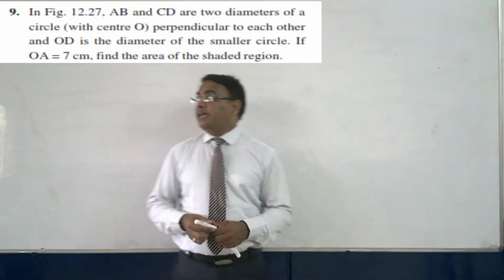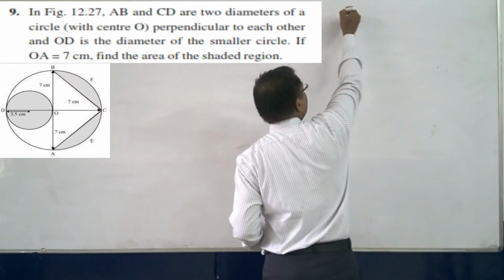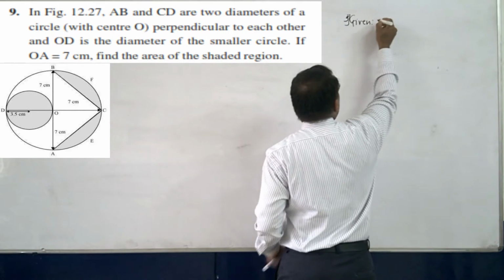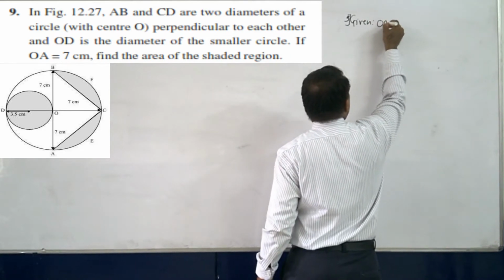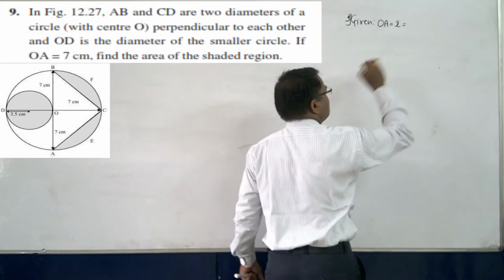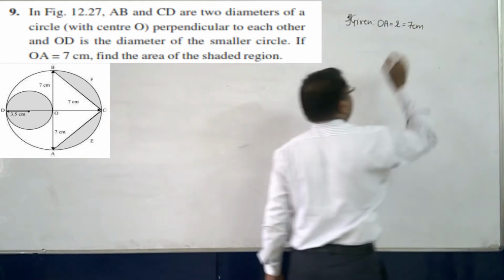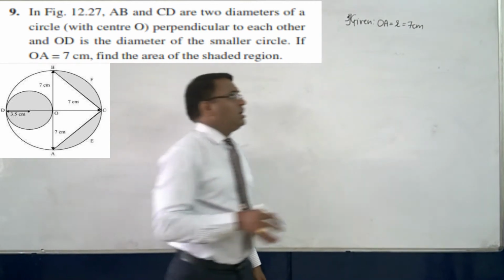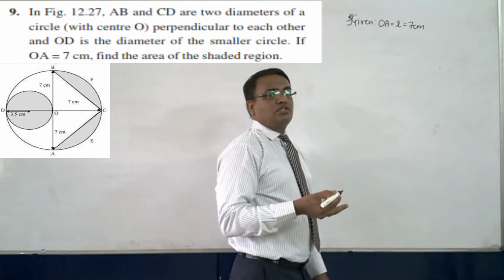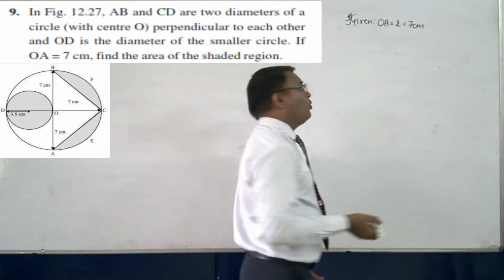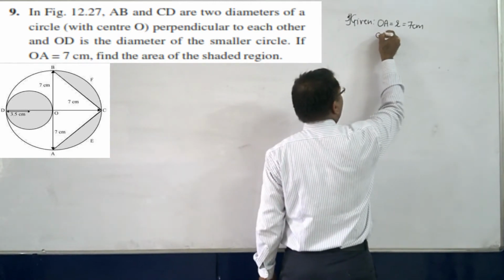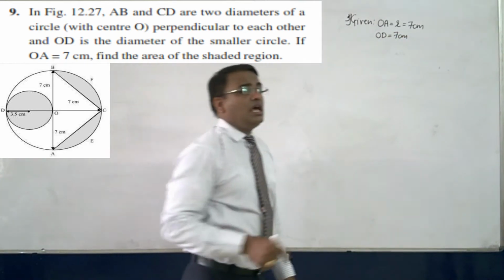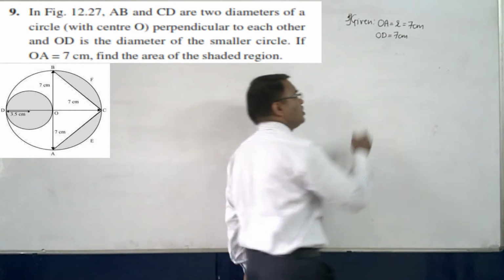If you observe the diagram, what is given in the diagram? OA, which is acting as a radius, is equal to 7 centimeter in case of the bigger circle. Then if OA is equal to R, which is 7 centimeter, OD is also 7 centimeter, right? But OD here, in case of the smaller circle,